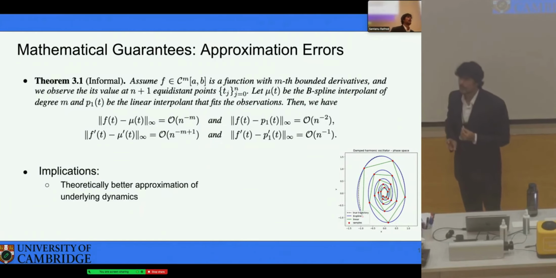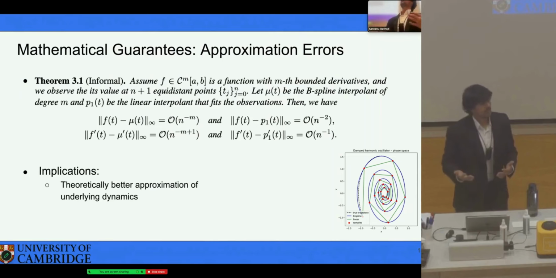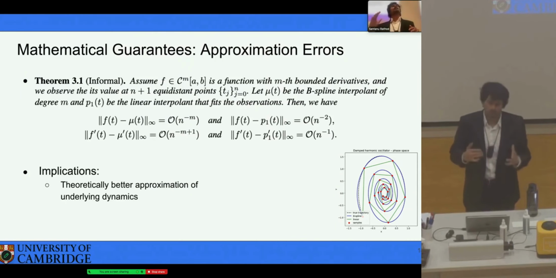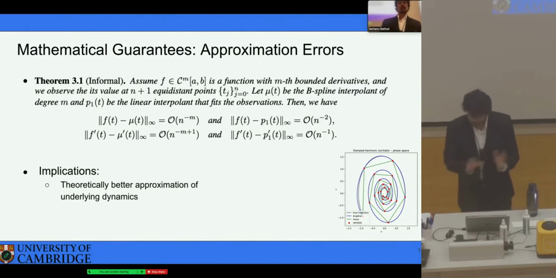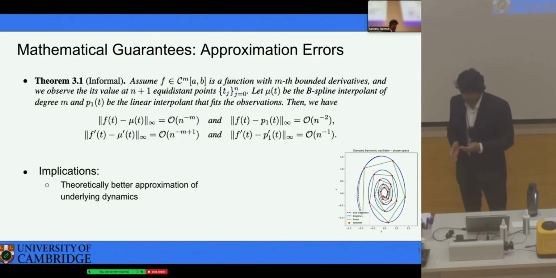Now, in terms of mathematical guarantees, what do we have? Compared to the linear interpolants that people use and compared to the B-spline interpolants that we are proposing, why should we believe that these are the optimal choices compared to the previous ones? The first guarantee that we have is in terms of approximation error, which is kind of a no-brainer at